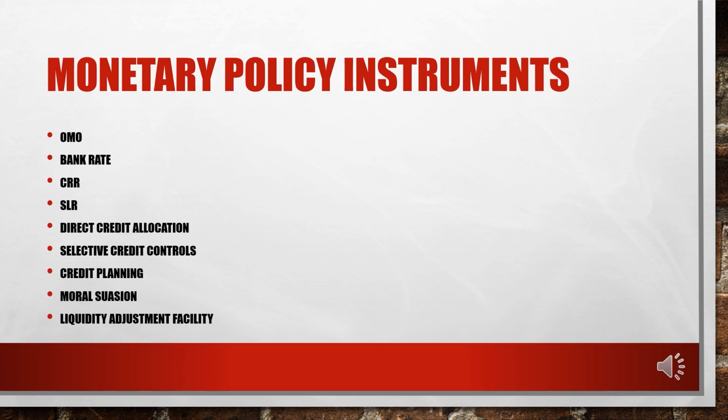Let's assume the money supply or liquidity is very high in the market. What can the Reserve Bank of India do? The Reserve Bank of India can sell government dated securities. If they sell government securities, they will suck the money out from the public. Against that, they will provide these bonds or government securities, and the money will go to the Reserve Bank of India.